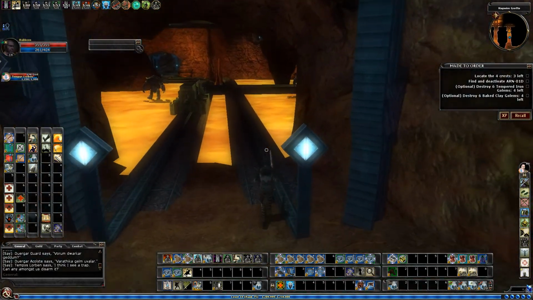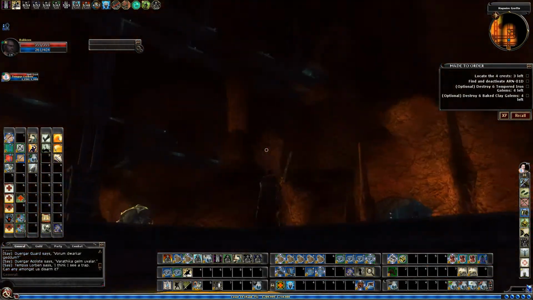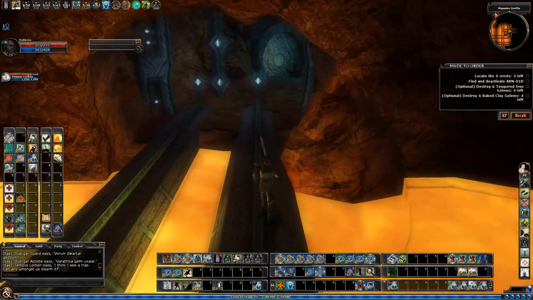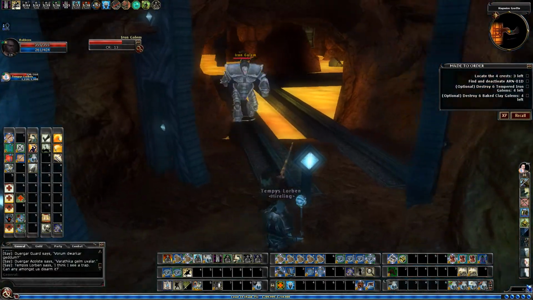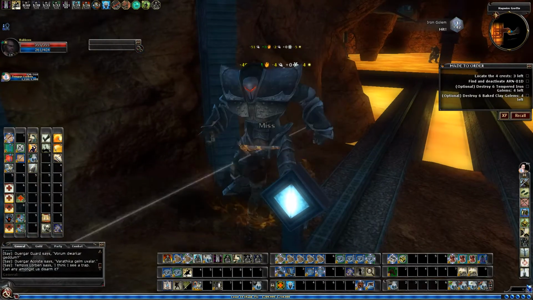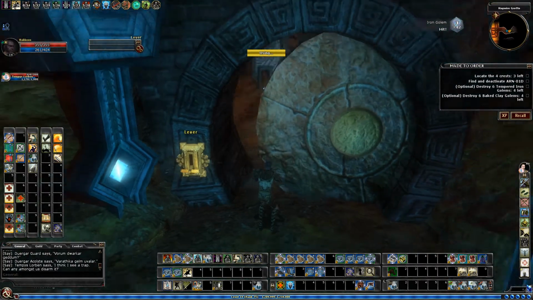All right, so now we're gonna kind of follow this east, and we've come down a little bit. We'll just drag him and the hirelings, of course, right in the lava. Let's bring him in here this way. And so now we're going to go the east path. So again, we just